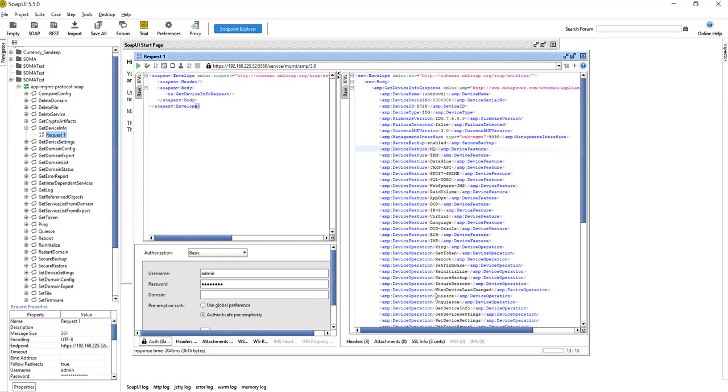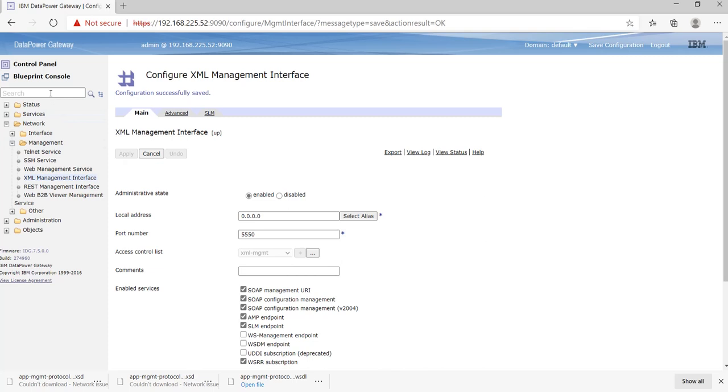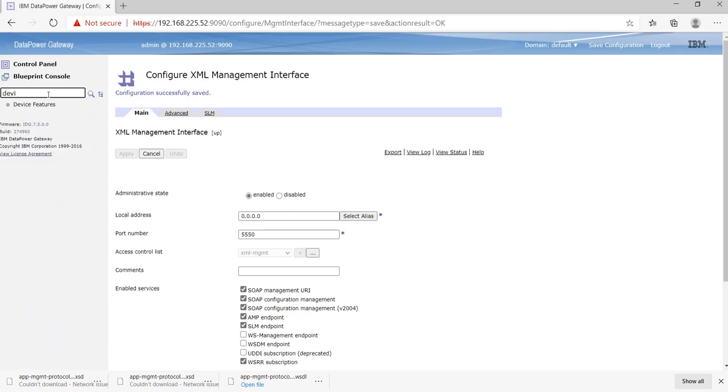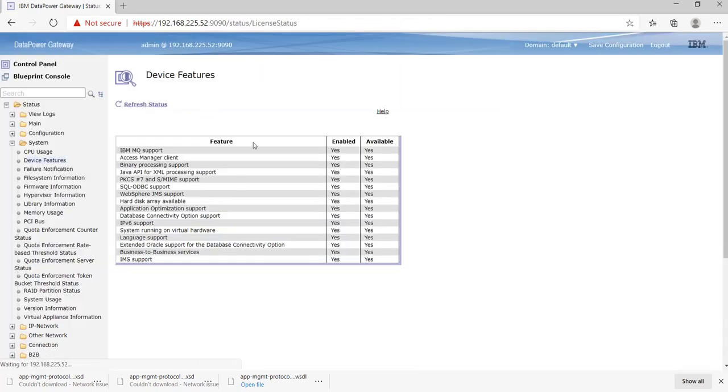We can perform quiesce, unquiesce, here we can see. And these features we can check in our UI also. How we can check, I'll tell you. Here, like version, we can check here only. Here we can check the version. So if we check the device features, all the features which we saw there, we can check here as well under device features.